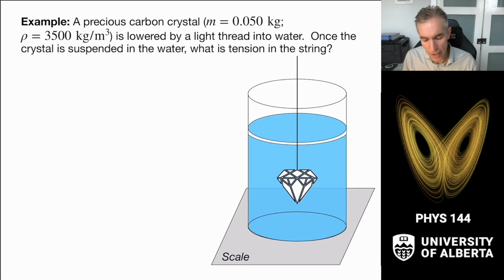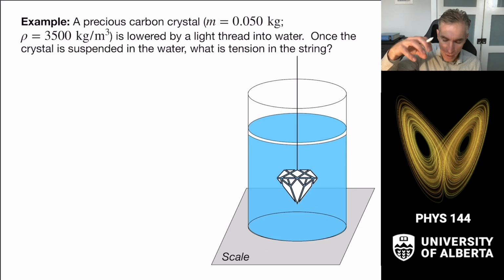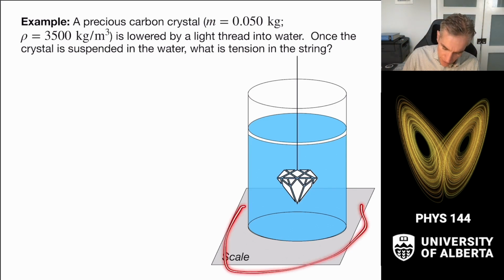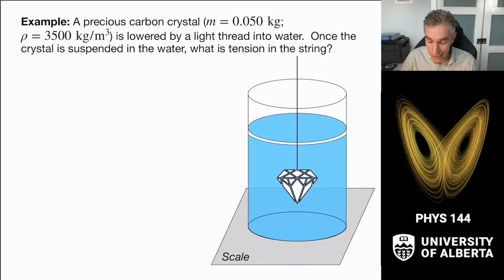In this case, we have a precious carbon crystal that is lowered into a bath of water by a light thread, and that whole thing is sitting on a scale. We'll come to why that's important in a slide. What we want to know is, if I drop this crystal, this diamond, into the water, what is the tension on the string right here? So, before it's in the water,